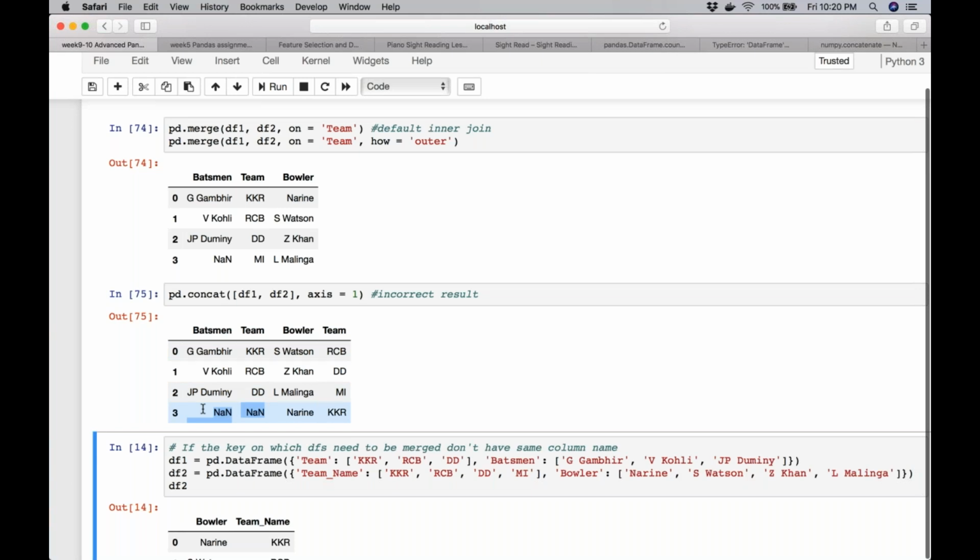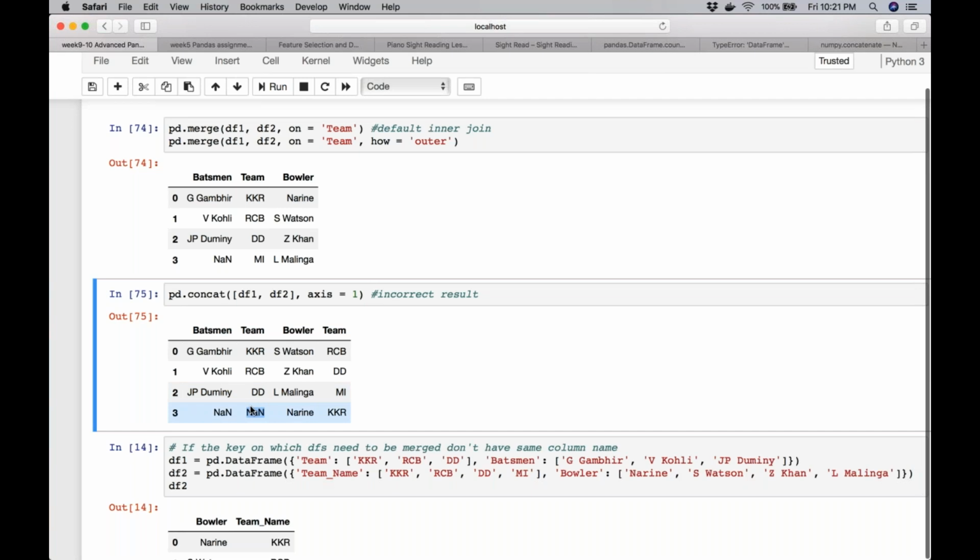So the blank value, missing value is Pandas' way of saying NaN. So you will never get a blank here. In fact, there are cases where people want the cell to be blank, not have a NaN. What can you do in that case? I'm just digressing a little bit, but it's an interesting topic.